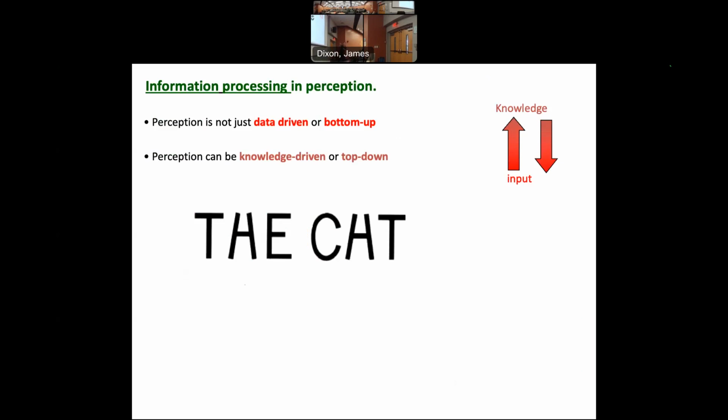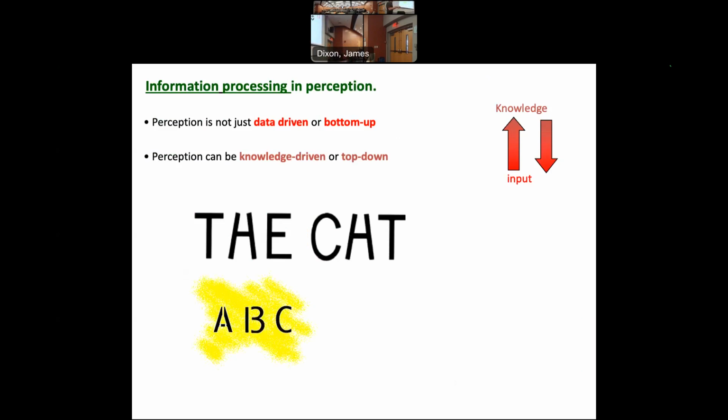Has immediately organized this letter into one thing and this letter into another. And in fact, you know, clever psychologists, what they do, right? They give people this sort of thing and they say, well, can you just show me what you just saw? And people will very clearly write out THE and CAT, where these things don't look anything like each other. One looks like an H and one looks like an A. So things like that are great examples of top-down effects.